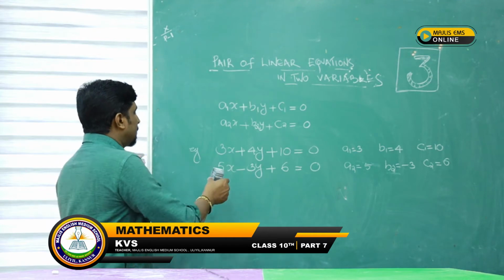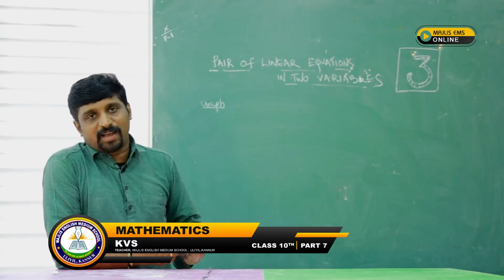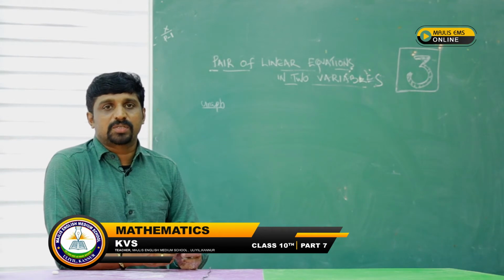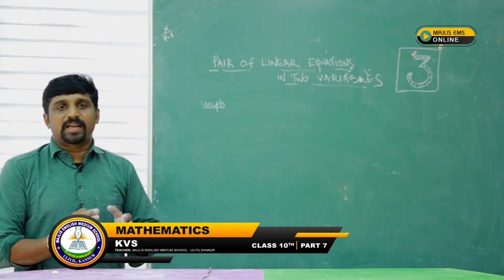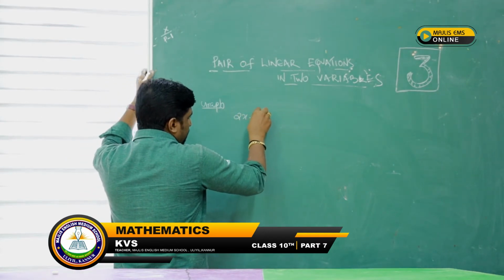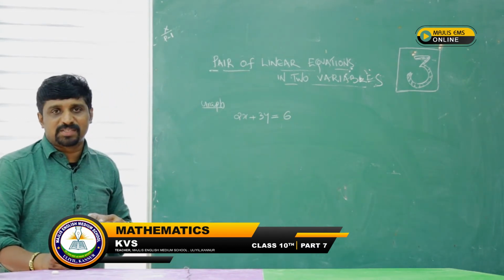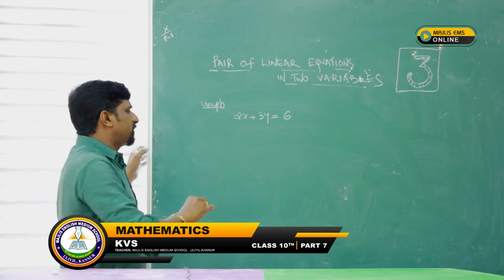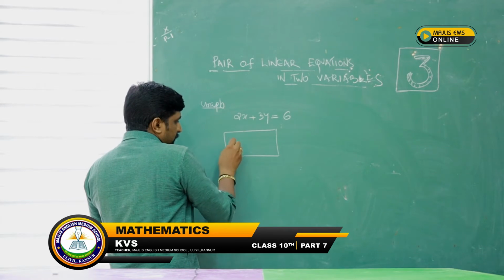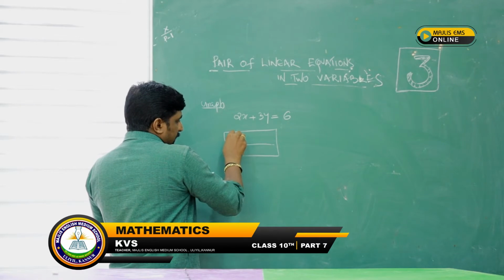Okay, we can discuss now that the graph of a linear equation in two variables, that already you got, is a straight line. You will discuss so many graphs in 9th standard. Suppose when we draw the graph, just I can give an example: 2x plus 3y equal to 6. This is a linear equation in two variables. So I can explain x, y.